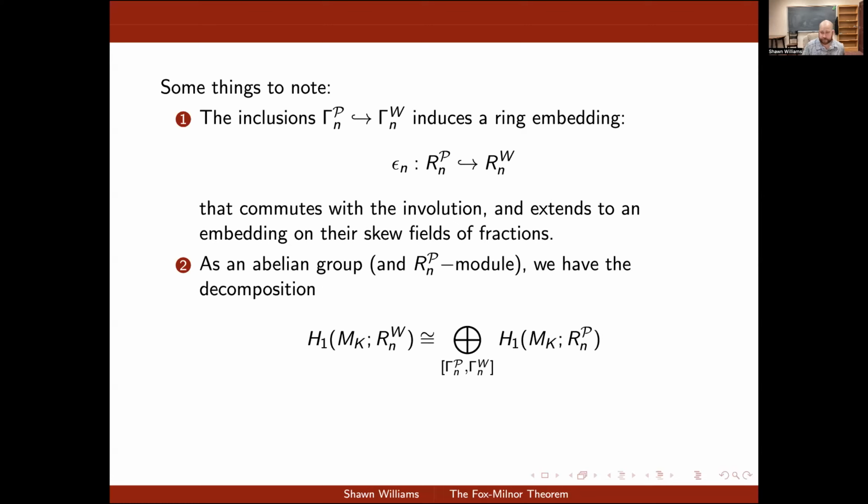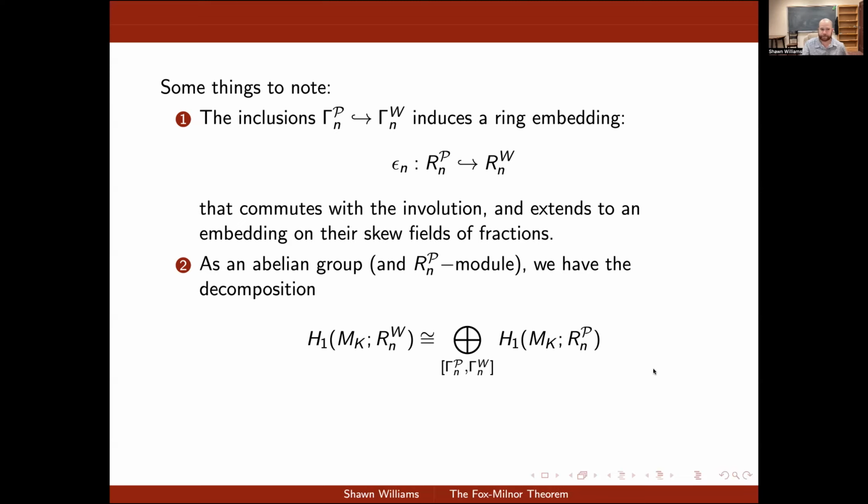The second thing to observe, which is really just a consequence of what we saw on the previous slide, is that as an abelian group, and moreover as an R_nP module, the homology groups H1(MK; R_nW) are isomorphic to this direct sum of homology modules. This isn't anything special. This is just saying that the homology of a disjoint union is isomorphic to the direct sum of the homologies